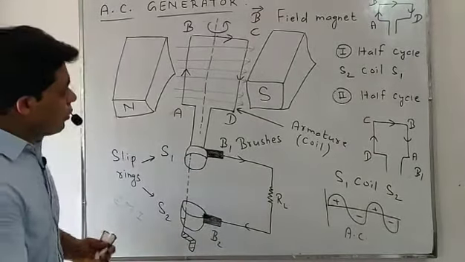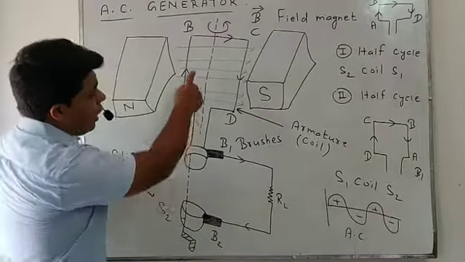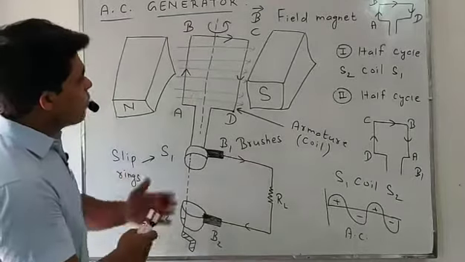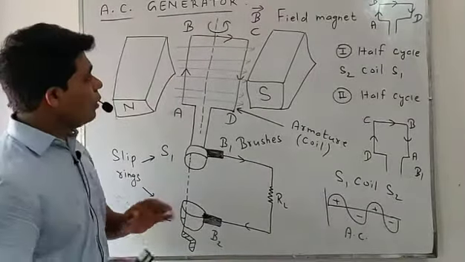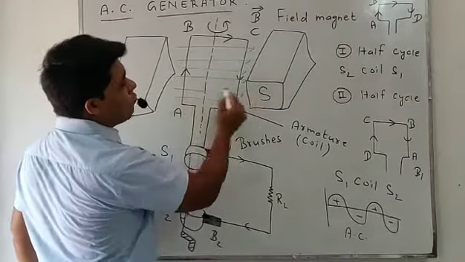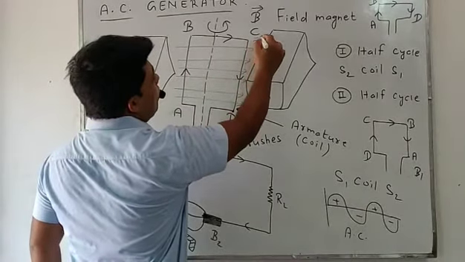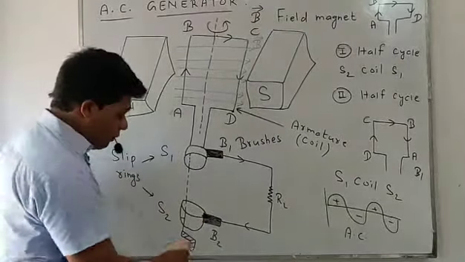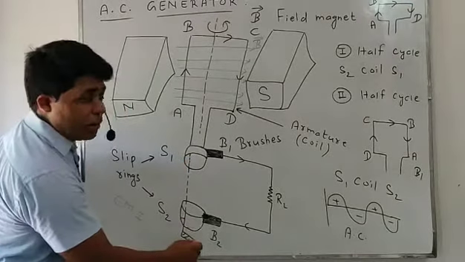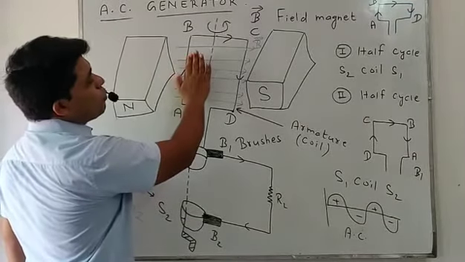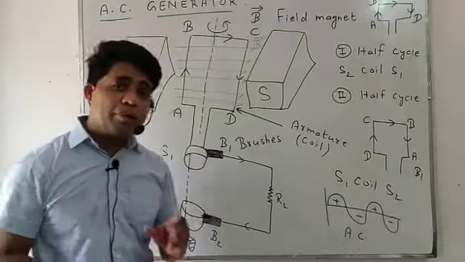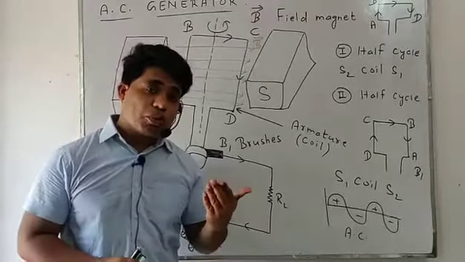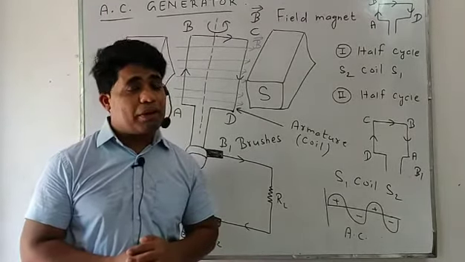Look students, when we rotate the armature coil with the help of a stand or some external source, then what happens? Suppose in the beginning, this is the direction of magnetic field B. When we rotate the armature coil, this coil's AB portion moves in the upward direction. I am applying Fleming's right hand rule because here the current will be induced. For induced current, we always apply Fleming's right hand rule.